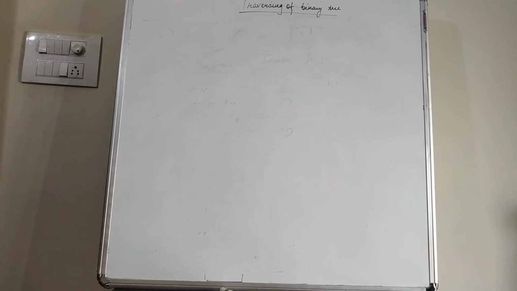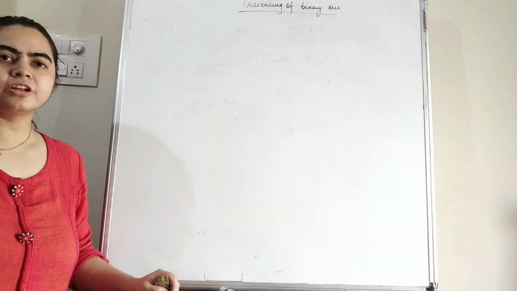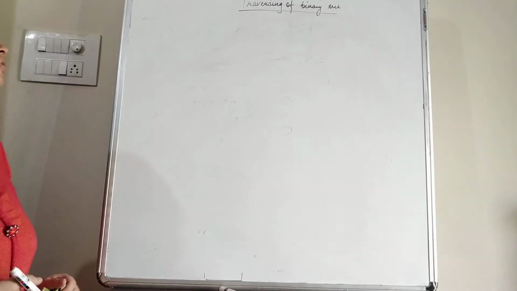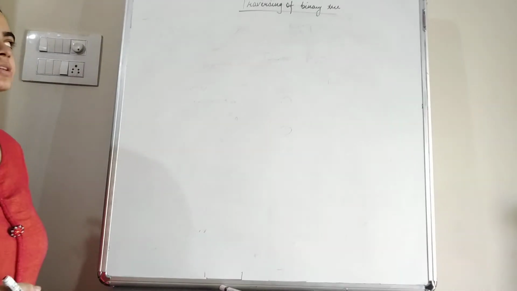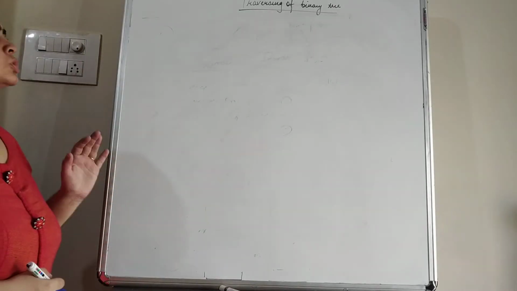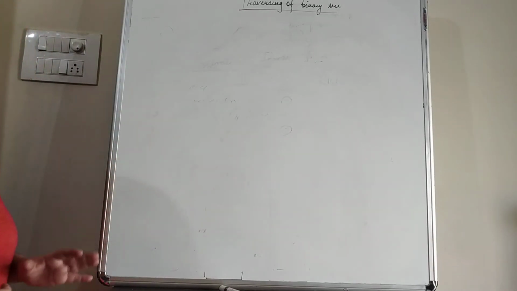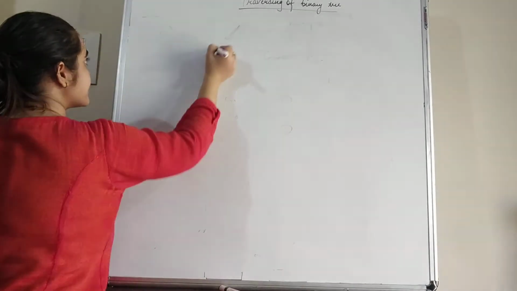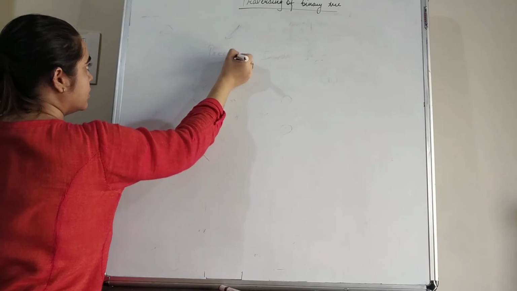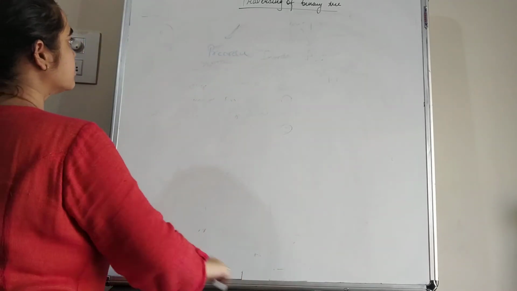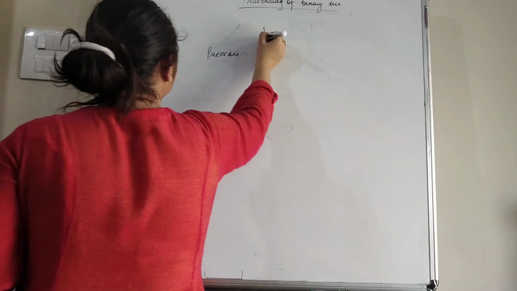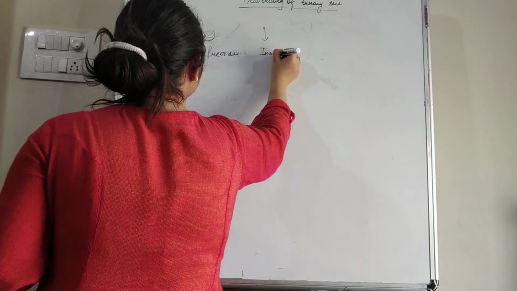Traversing of binary tree. Students, traversing means to process each and every node of the binary tree, or we can say access each and every node of the binary tree is known as traversing of binary tree. So we have three different types in order to traverse the binary tree. First is known as the pre-order traversal, second is known as the in-order traversal, while third is known as the post-order traversal.